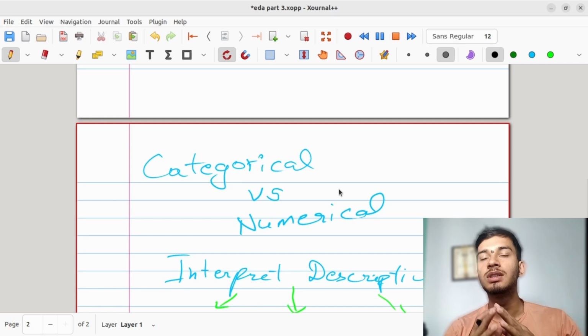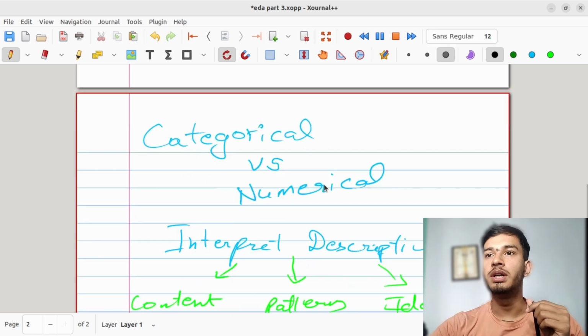And also, we discussed what is the first step whenever you are given data, right? Keep in mind, whenever you are given data, you have to make sure that you know what are the categorical variables and what are the numerical variables, right? Because before that, you can't ask the proper questions to it. Questions may vary from categorical variables to numerical variables. The questions that you can ask of a categorical variable, you cannot ask of numerical variables. You have to keep that in mind before doing exploratory data analysis, right?